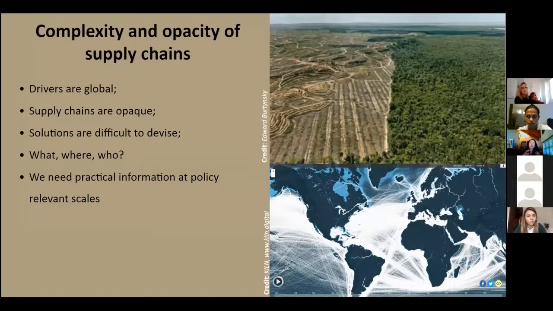And while in our research project and in this presentation we might not come up with a specific solution, what we wanted to test is to what extent developing a framework that could answer what is being impacted, where, and who is driving these impacts can be a good source of information to support existing supply chain initiatives that promote better sustainability within supply chain systems.